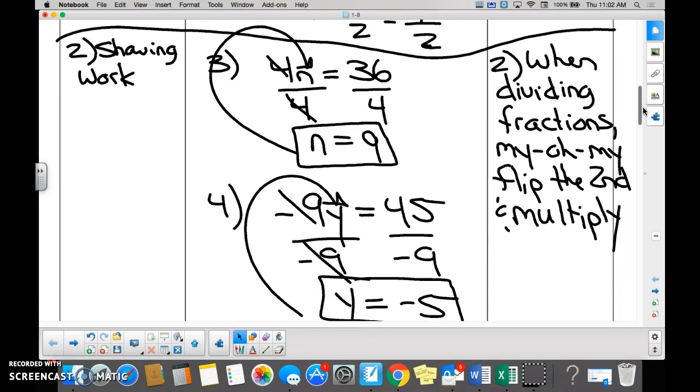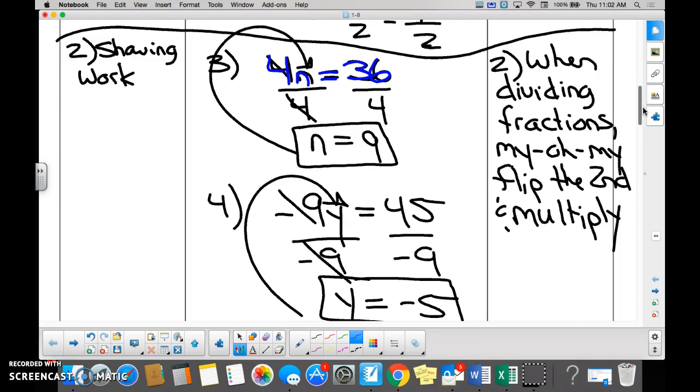We have, for number 3, 4n. I know we have words here, so I'll just highlight where the problem originally started. We have 4n, which means 4 what, you guys? What does 4n mean? 4 times n. So we got 4n equals 36 is where this problem started. And my friend Tiffany says,